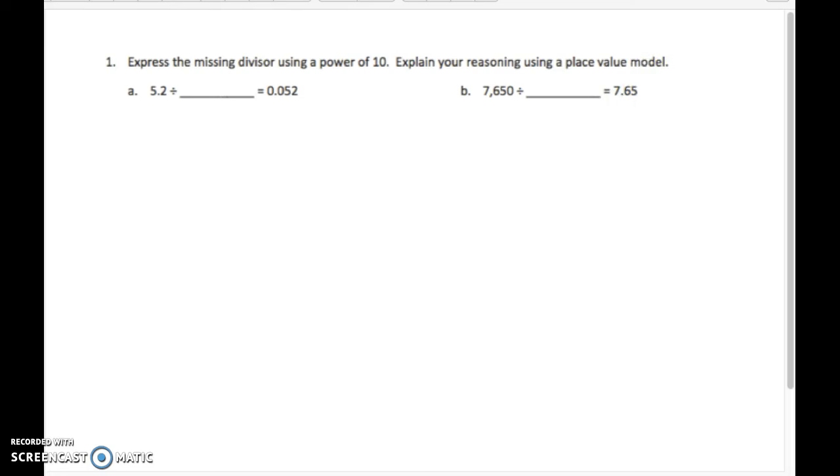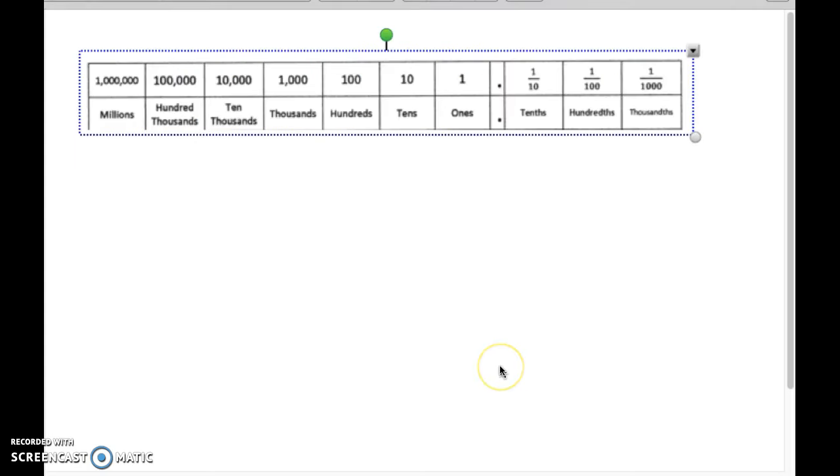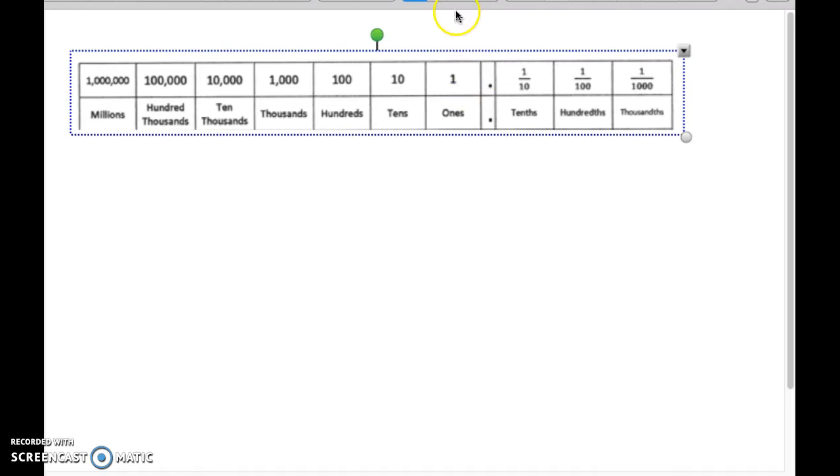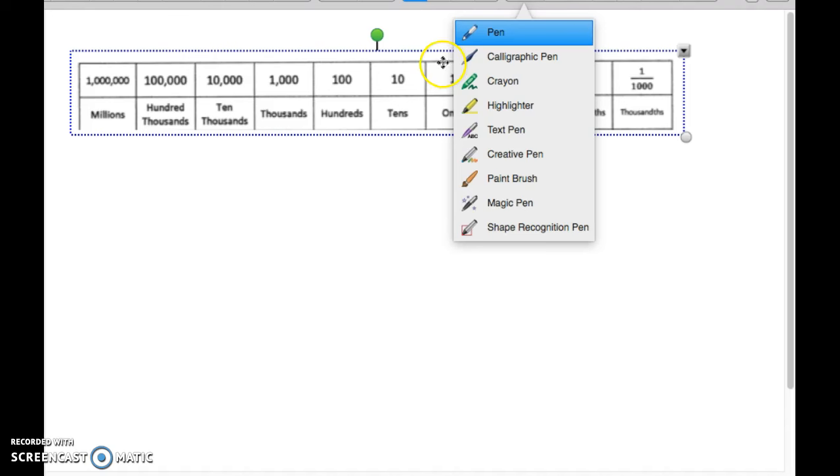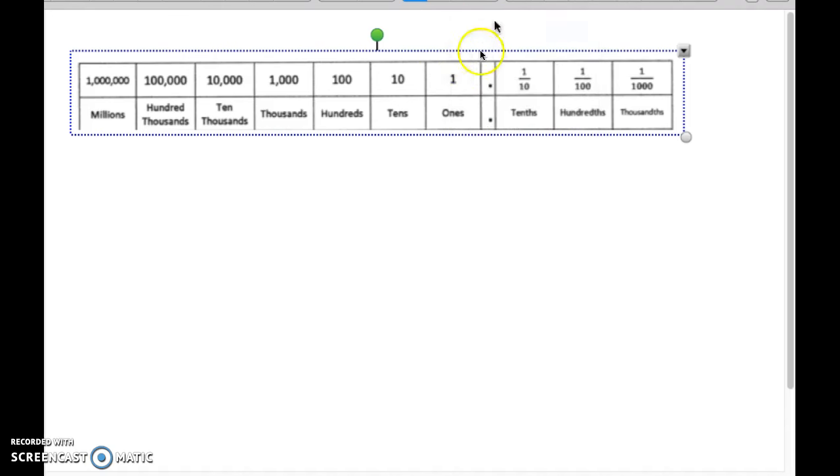So we kind of need to revisit the place value model in order to understand what this question is doing. So let's take a look at that. Here's a place value model we've used a lot of times. Most of you have it in your personal slates. Okay, and so let's start here with the ones. Some reason it's not letting me write. In our ones place right here,